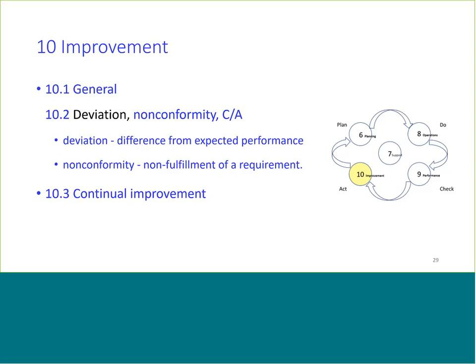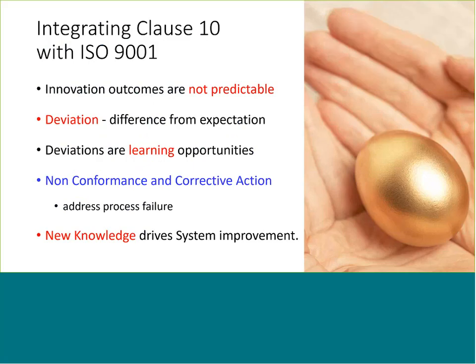You could argue, yes, the process didn't work. They didn't get the result. But they did get a result, which was useful. The other clauses in 10, familiar stuff. So integrating Clause 10 with 9001,